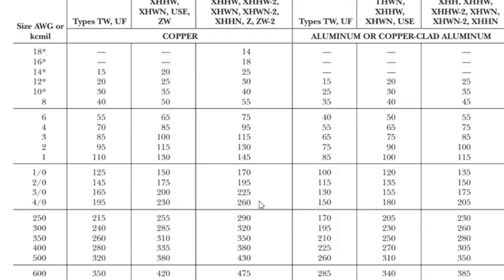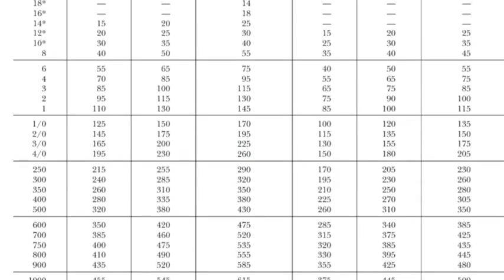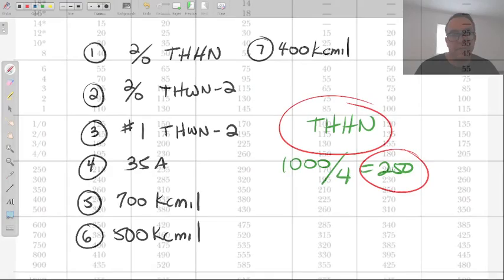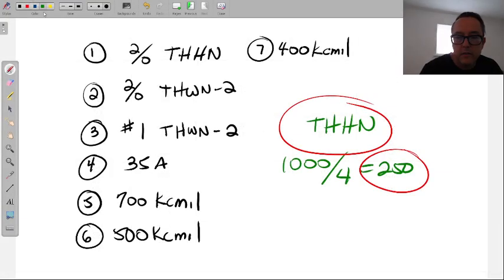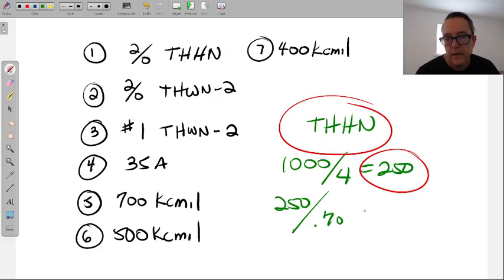However, we got 8 current carrying conductors, so we can't really select the 4-aught yet until we take this 250 and divide it by the correction factor for 8 wires, which should be 0.7. So we get 357.